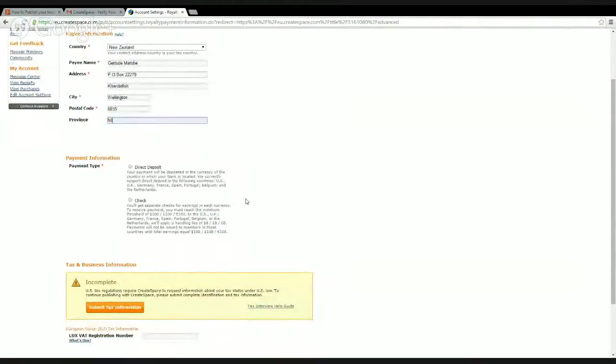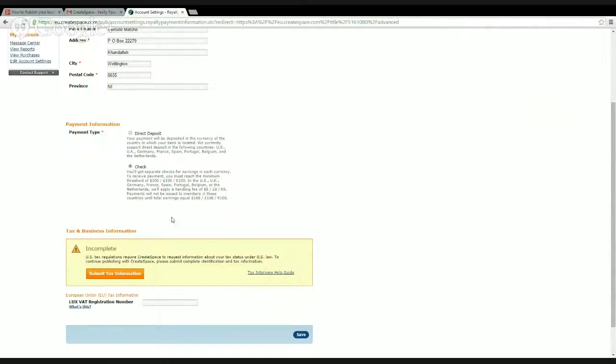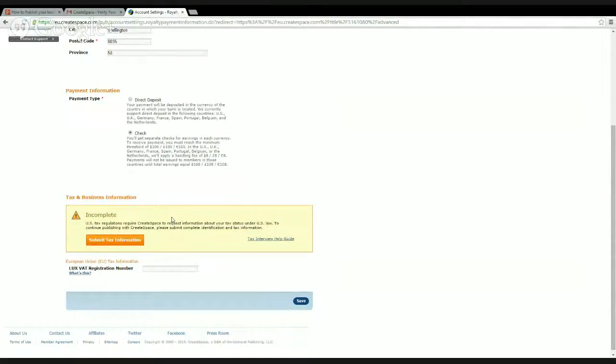Now, your payment information is really important. One thing to remember is that the direct deposit payment option is only available for countries in the United States, UK, Germany, France, Spain, Portugal, Belgium, and the Netherlands. The rest of the world receive a check. So you get your royalties by check, and this is paid once you've reached a minimum threshold of 100 US dollars, or in Germany, 108 euro. Now you can go in and put in your tax information,